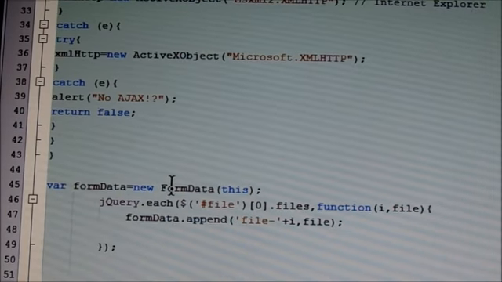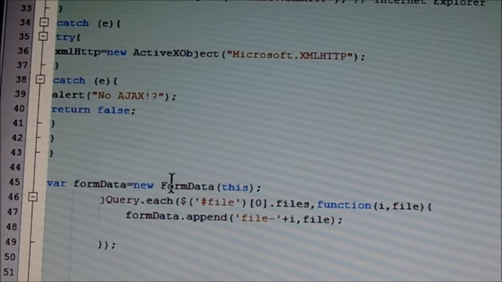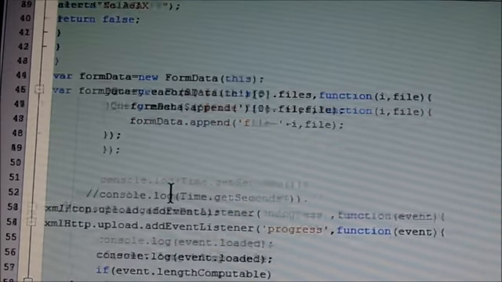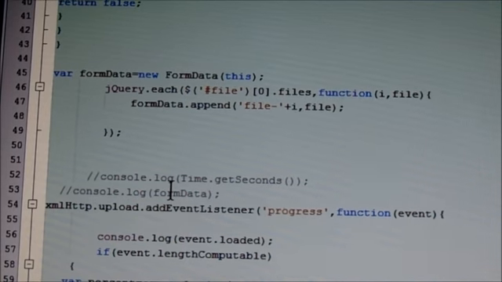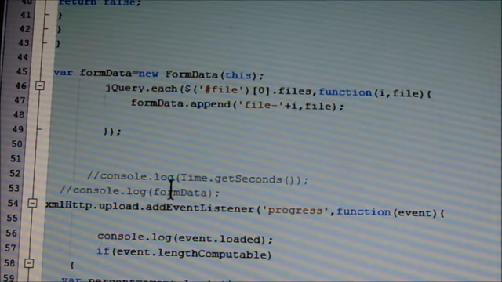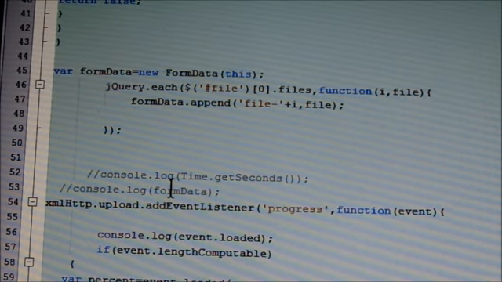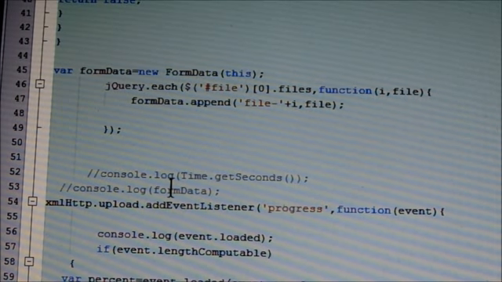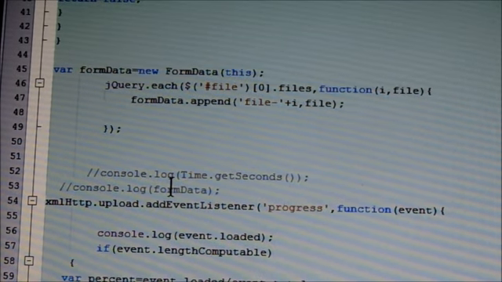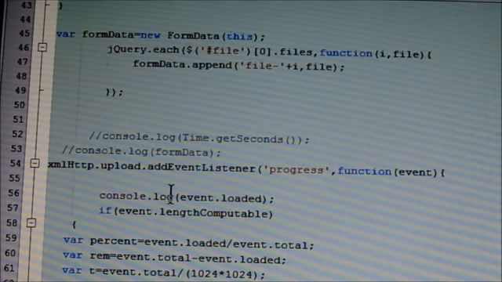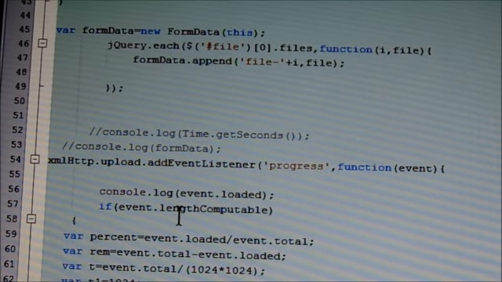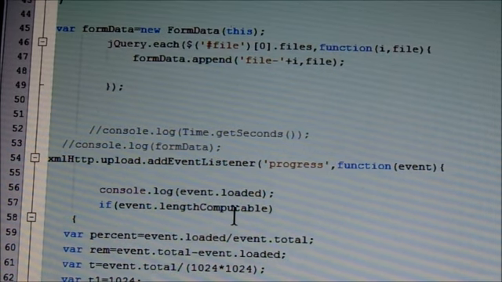And xml.upload.addEventListener progress function events. This addEventListener function is used for defining how much of your file is uploaded on the server and how much is the rest to upload.